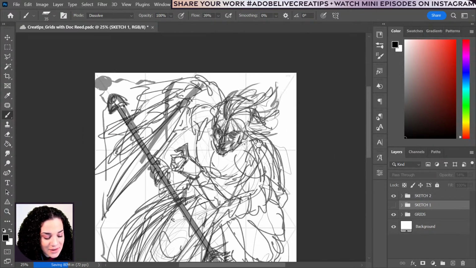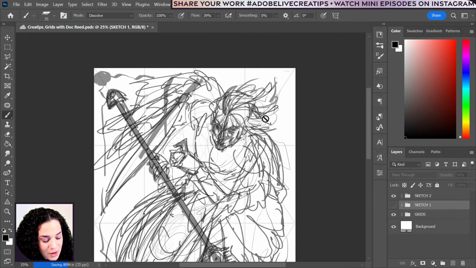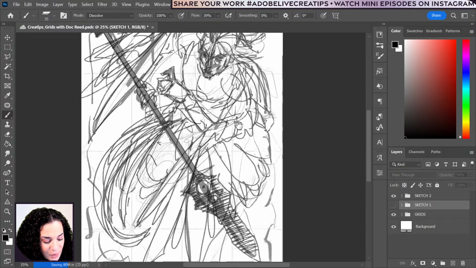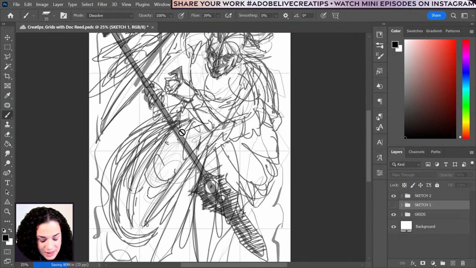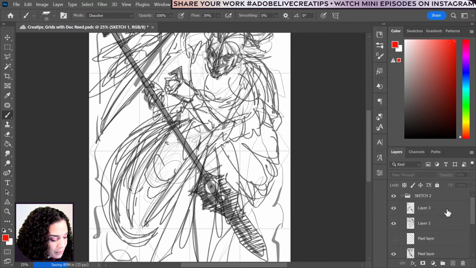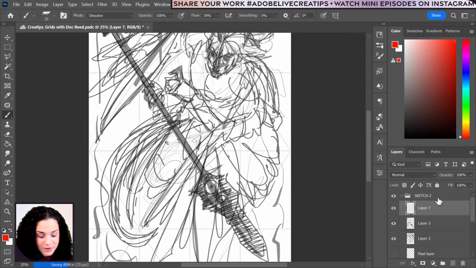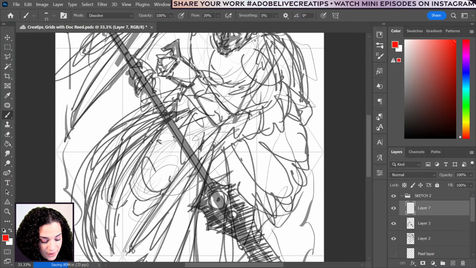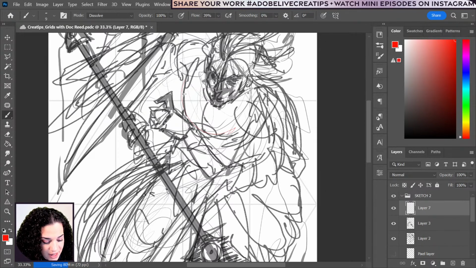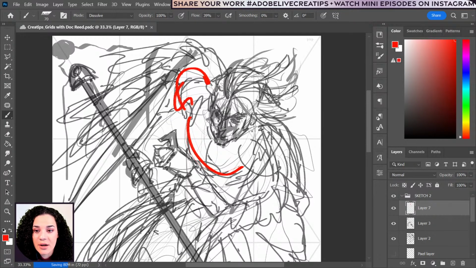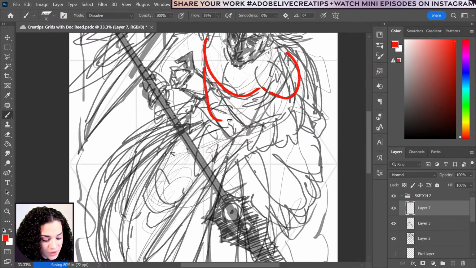And so I have this guy with his hair kind of blowing in the wind, and if I can grab a red color, I'm going to highlight what really is happening, so that you can see my plans and my thought process. This is the bottom of his rib cage, and he's got a shoulder here and a shoulder over here, and his waist dips down below, and the groin area then comes into his hips and